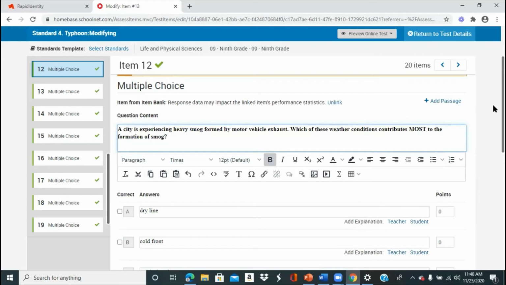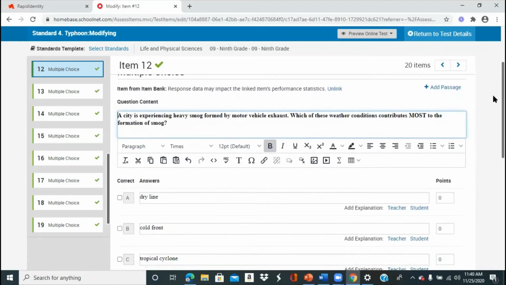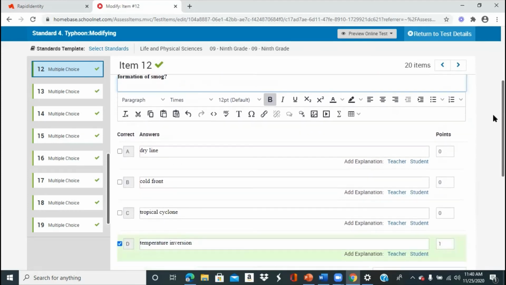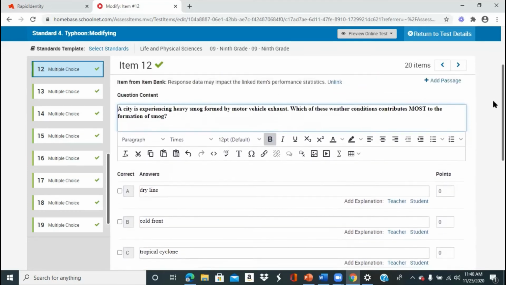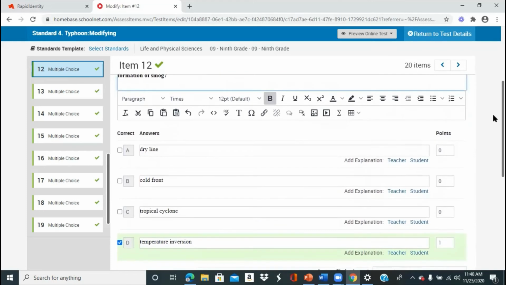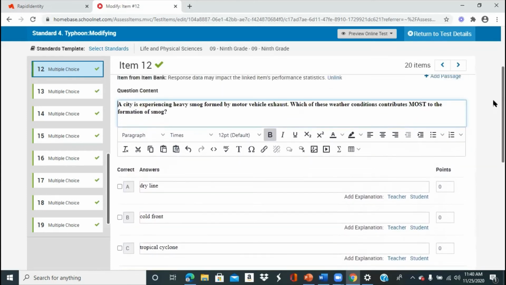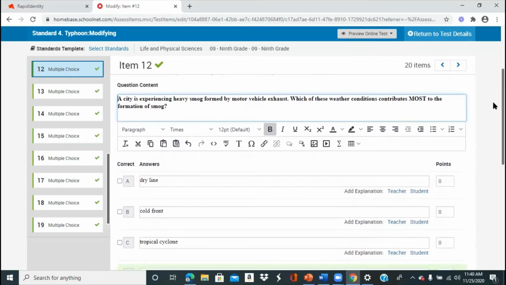So here are the following options that you have to choose from. Is it dry, cold front, tropical cyclone, or temperature inversion? Note that temperature inversion is a technical term for the changes in the temperature of the air. So